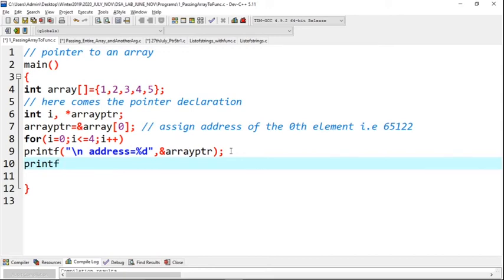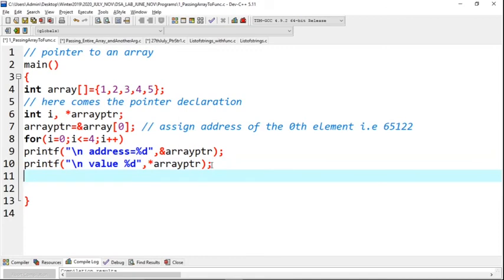And then printf, now you are going to display all the values. So \n, %d, and this is the value we are printing.